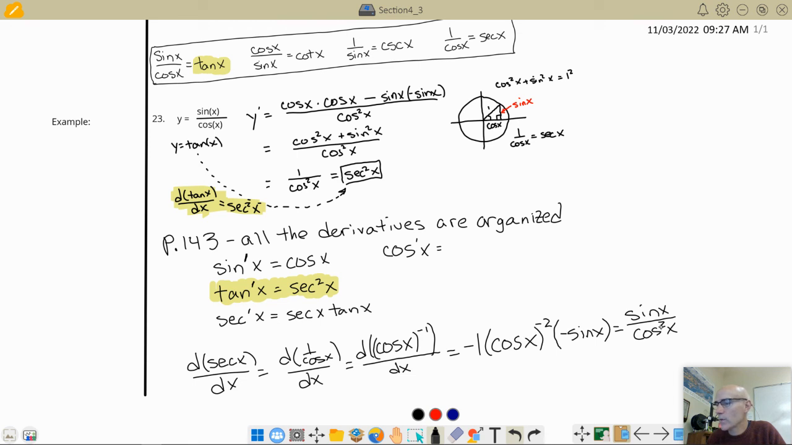Now, why is it a +2 for an exponent? Because I moved it to the denominator. That's what the negative means, right? Move that to the denominator. Now, this guy right here could be written as the sine of x over cosine of x times 1 over